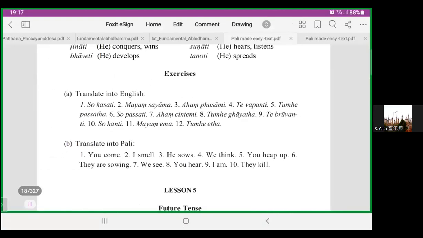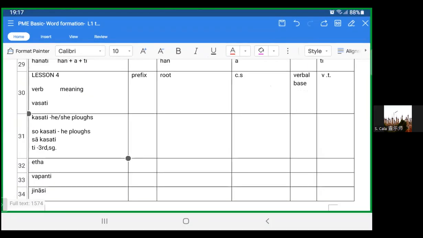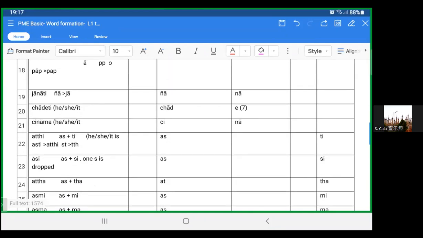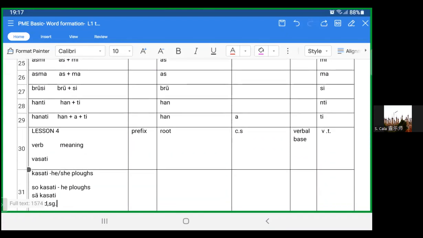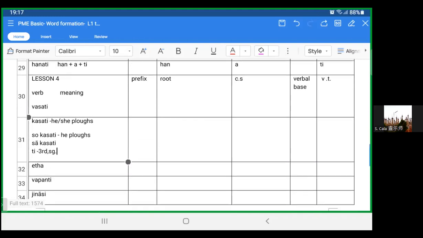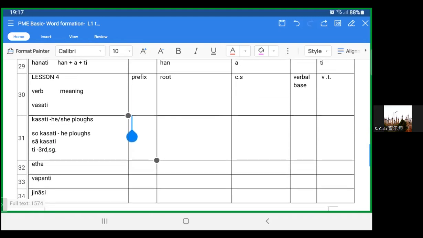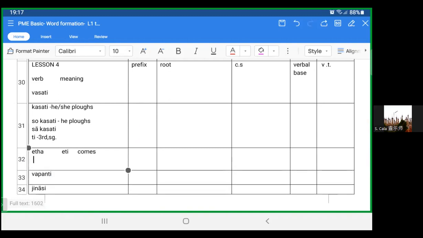So basically with lesson 4 we finish. I think you are not so tired yet. We are going to do this analysis. Either you print it out from here or you write by hand. Because this is one of the questions in my exam, and also for those of you taking the exam. When you see, for example, eta: eta is 80, so actually it means "comes". There are a few possibilities.